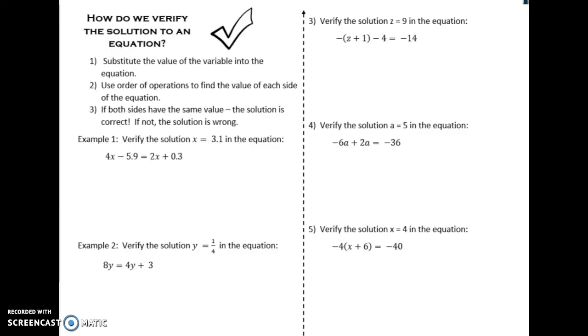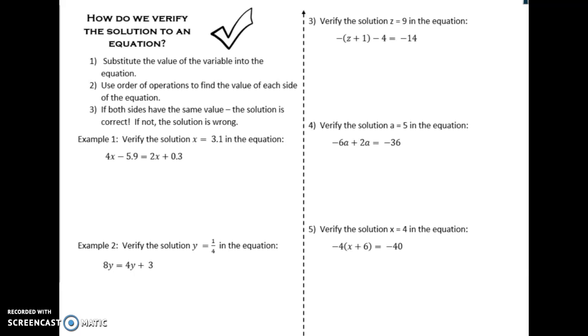Ladies and gentlemen, what we have today is a note sheet to help us learn how to verify a solution to an equation. Verifying is really just a fancy word for checking. We want to check to see if the answers we've got are correct. So before we get into our solving equations unit anymore, we have to make sure we're very good at checking